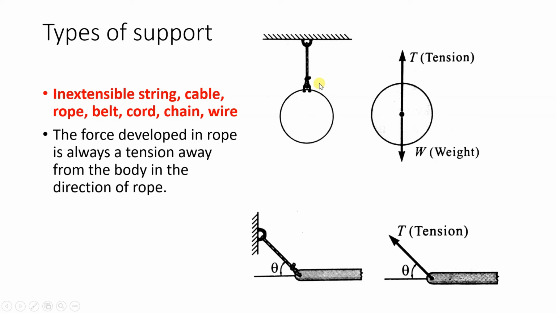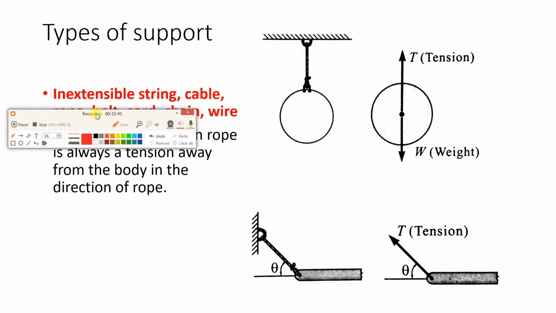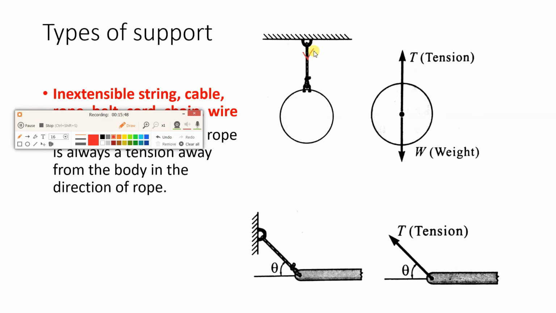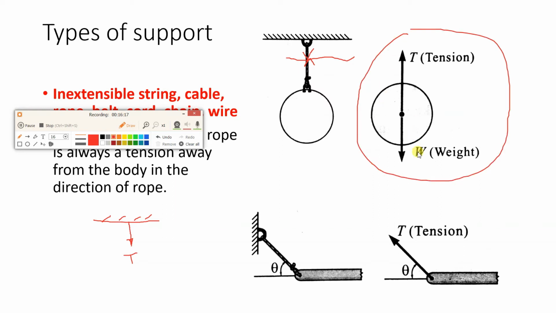Now if I want to draw the FBD, how to draw it? Understand this. We have to draw arrows like this. This will be an arrow and cut it over here. So if you want to show the FBD of the ceiling part, it will be like this. This will be the ceiling, and the tension will act in downward direction. Next, if you see the sphere part, if you take the FBD of this one, weight is acting in downward direction, and the arrow is in upward direction, so tension will be in upward direction.